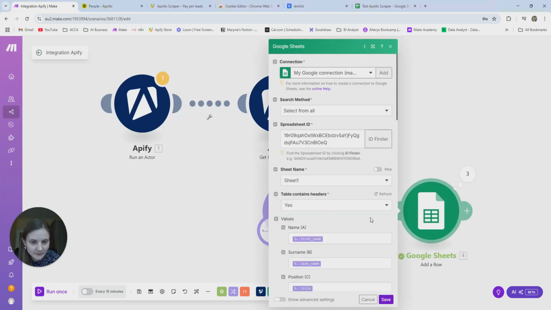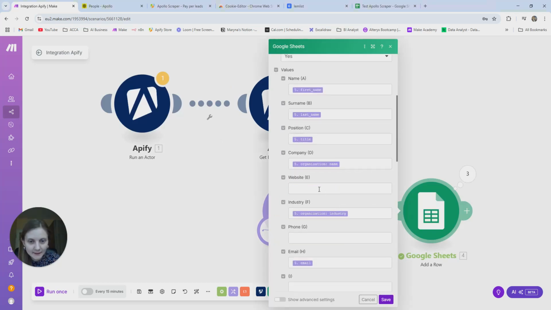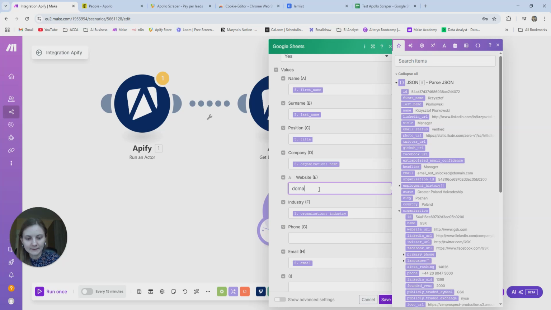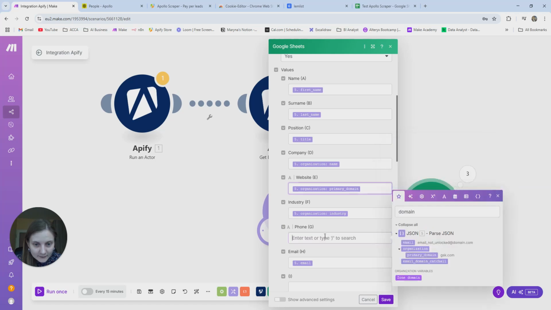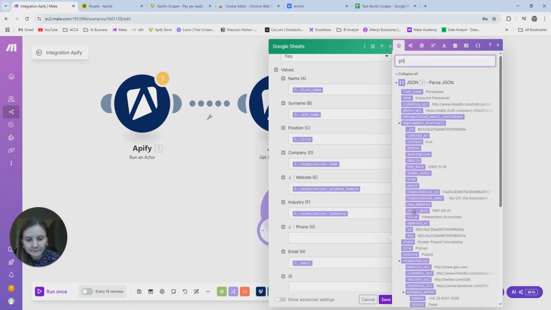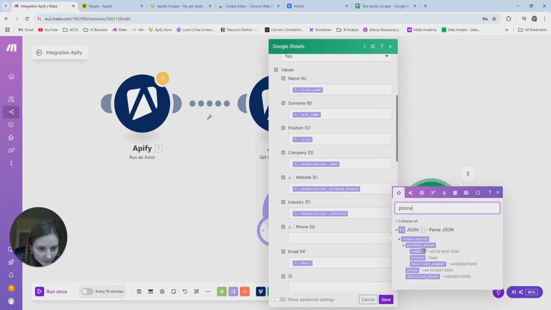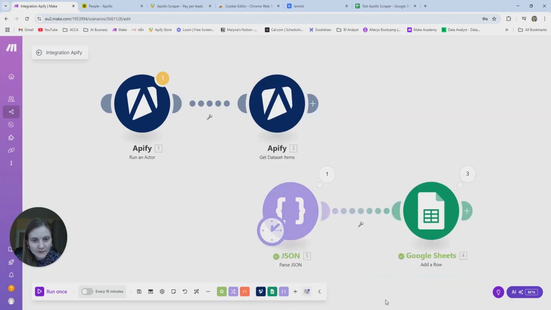So if I go to Google Sheet and I go to website, I type domain. Yeah, we've got it, organization primary domain. We added here, and phone number, primary phone. Okay, number, we've got it here. Save. So what I actually did,